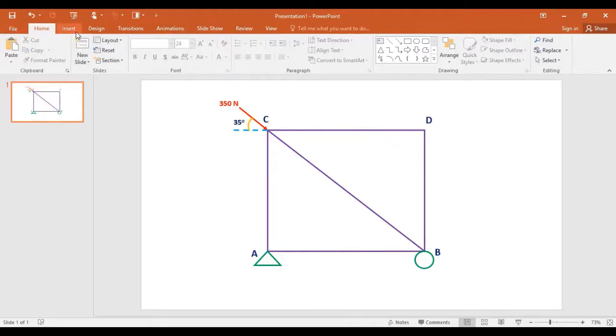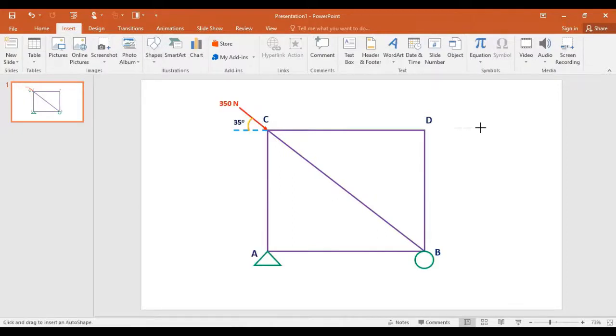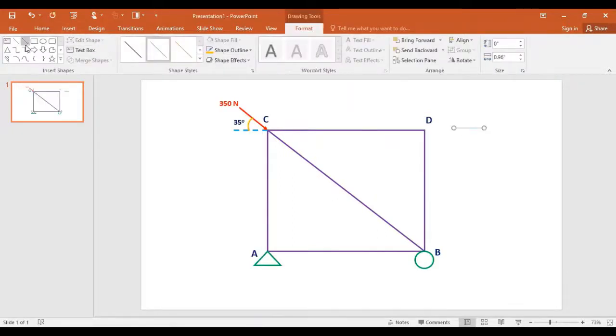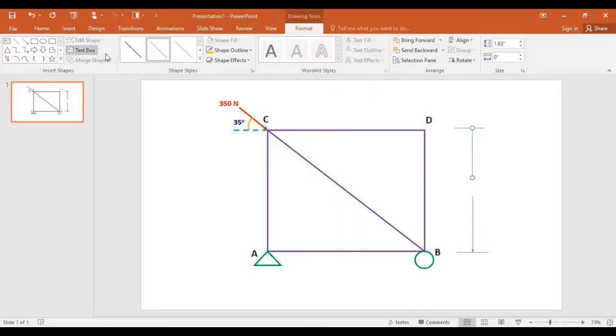And next, what we have to do, for example, I have to provide its side lengths. So how can I do this? I'm taking it like this, I'm drawing this here, and always take it light. And you can also hold shift here, so the line will get straight. So what I'm going to do here, I'm going to draw arrows here, and then I will change its color after that. This is the way to draw your arrows.